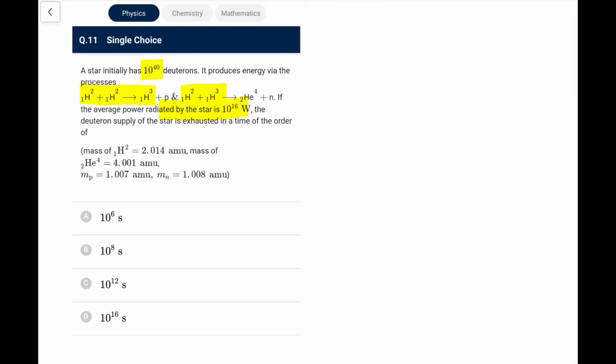So if I do this calculation, I can make it out basically if I club both. First of all, these will be the masses you are given of all the things. So if I club both, I will have 3 times 2H1 giving 4 helium-2 plus a proton plus a neutron. In this whole, the 3 are consumed and the energy liberated delta E would be delta M into C square. So delta M is 3 into 2H1, which comes out as 12.